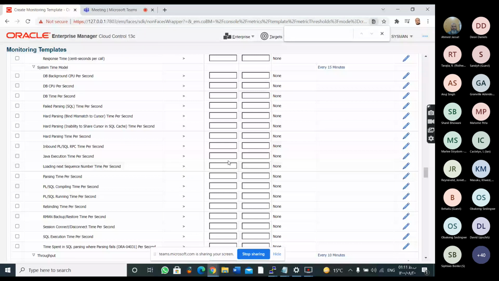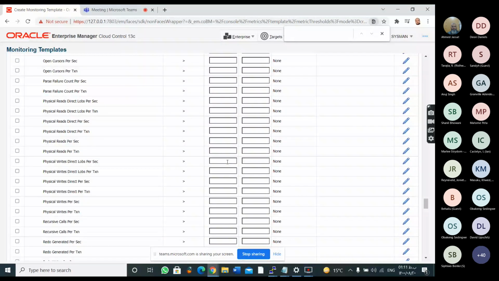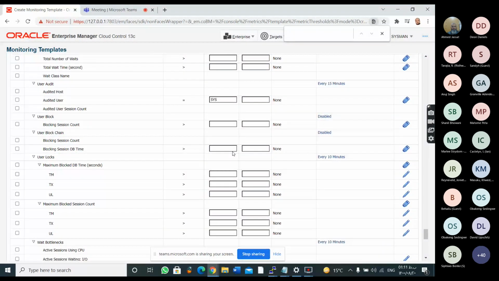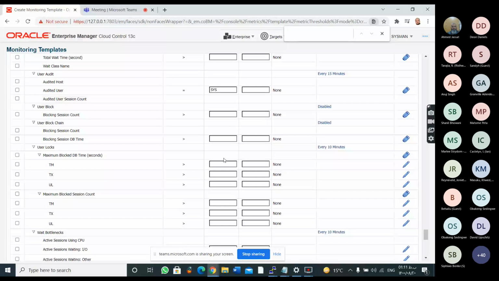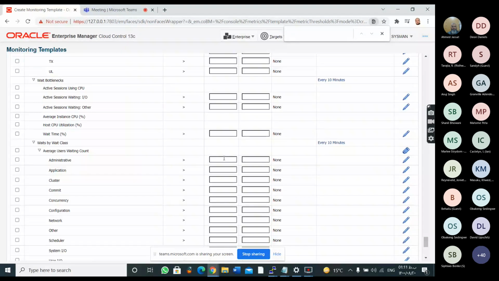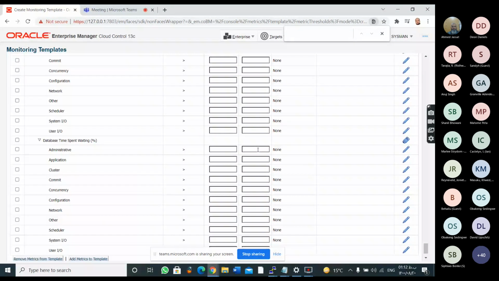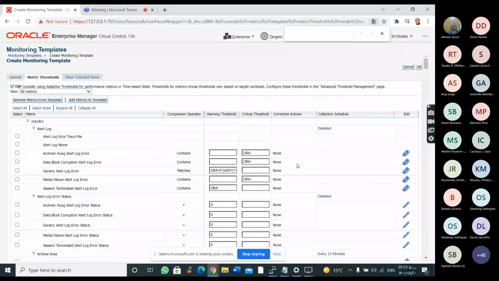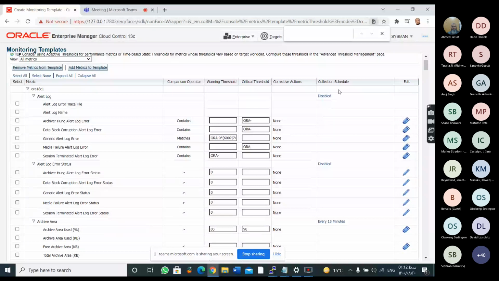There are a hell of a lot of features. There are so many features involved over here. And as I told you, it is all based on your requirements and the configurations on your server. So to enable this, you just need to click on your